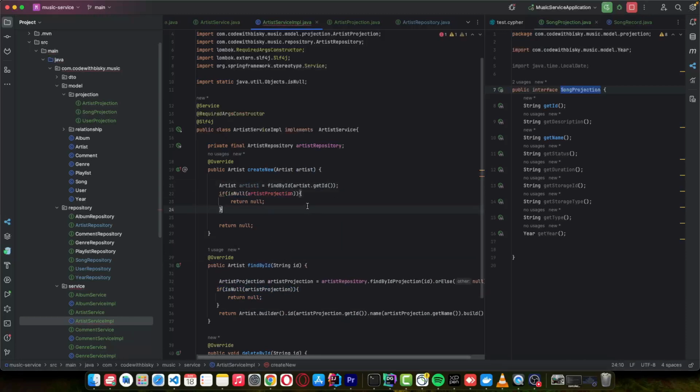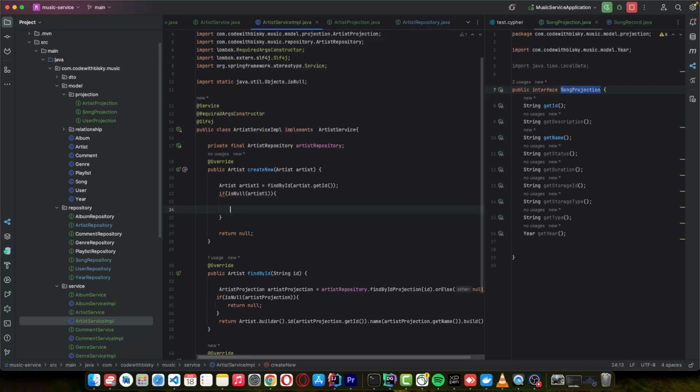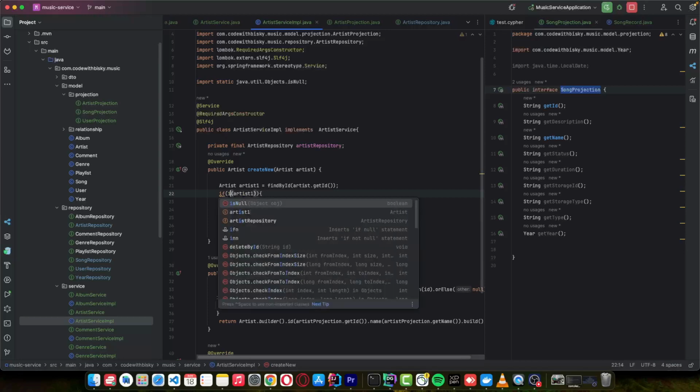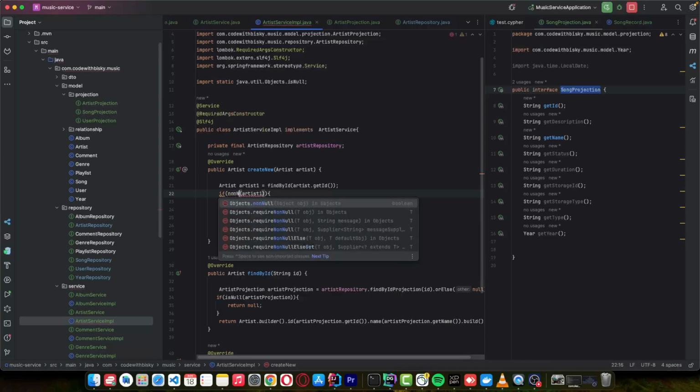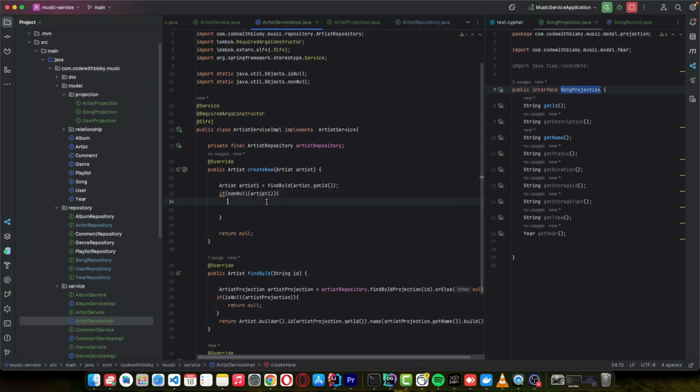We shall add a custom exception later. If it's not null, it means an artist exists, so we throw a new runtime exception,